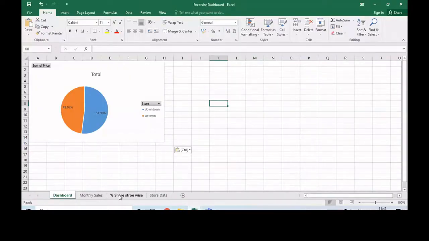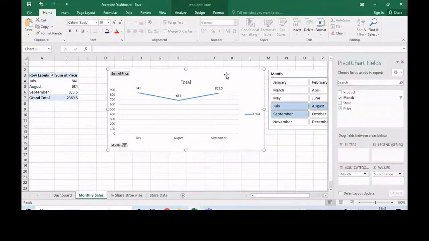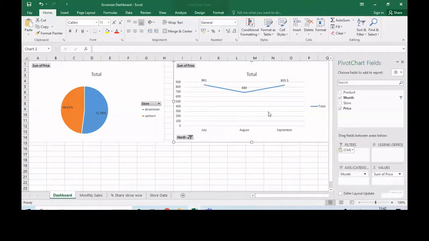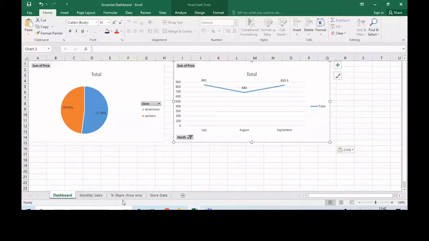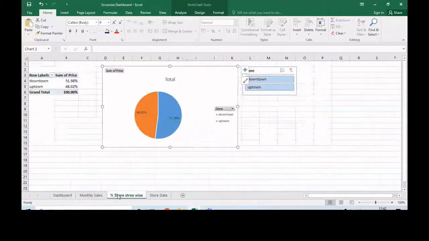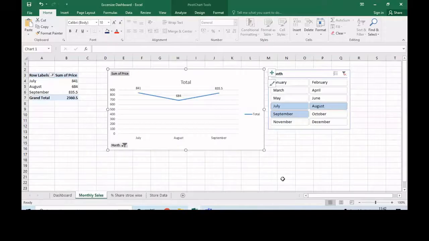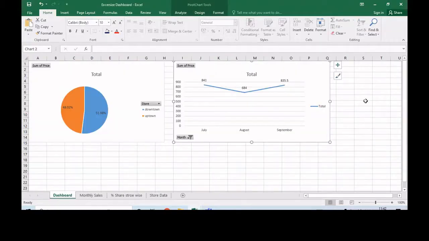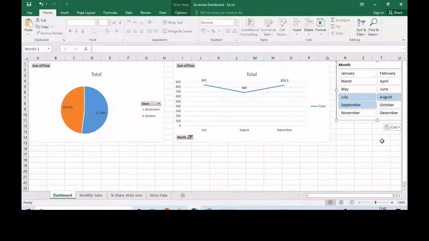Next, the monthly sale chart, select it, copy it, paste it here. It is up to you where you want to paste. Then go to any slicer, select the monthly sale slicer, and copy it to the dashboard. So I have copied the slicer as well on the dashboard.